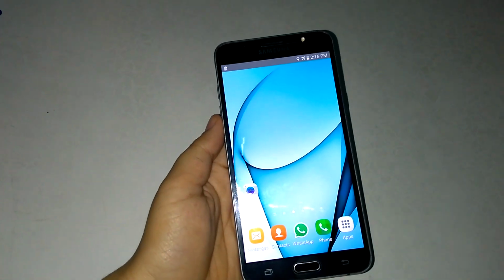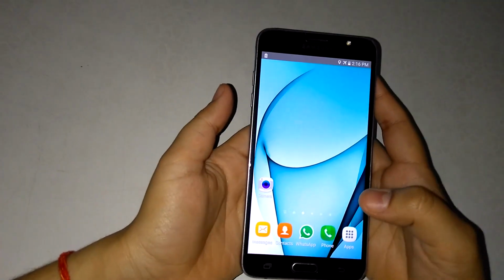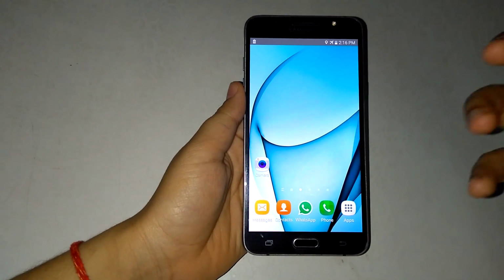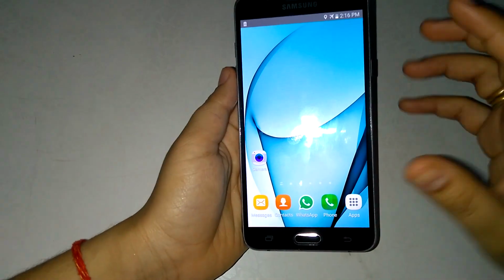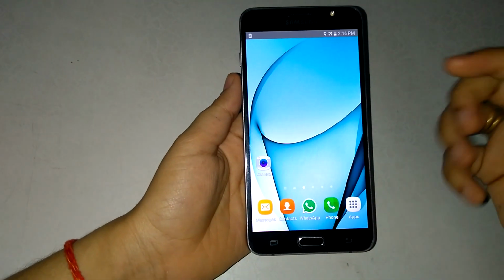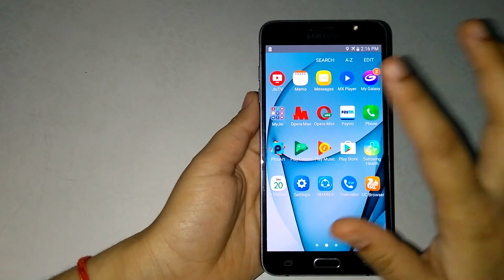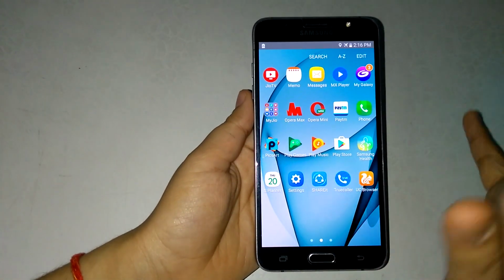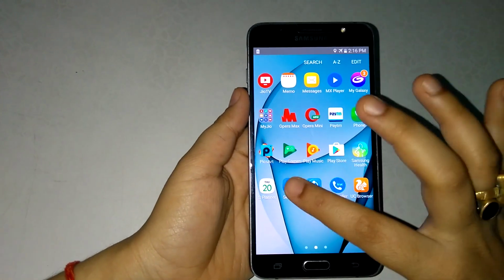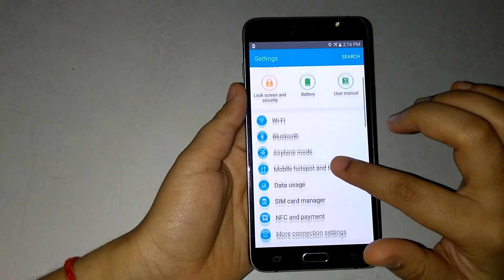So this is a very good option. And the next one is accessibility. Talk back. What is talk back? If a person has low vision or is visually impaired, and you know that the phone is very important for everyone, if he wants to operate the phone, obviously he can't see the features or the apps or where things are. So this Samsung J7 or the Samsung phone has embedded one feature for those people who have low vision.